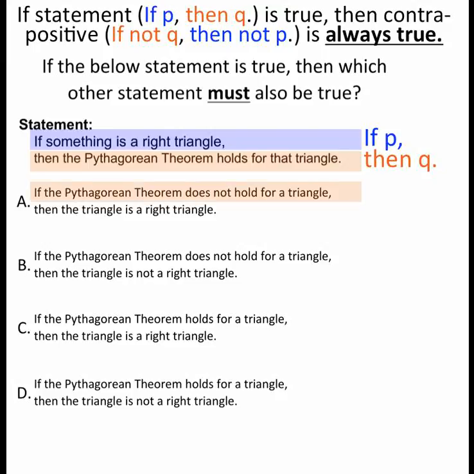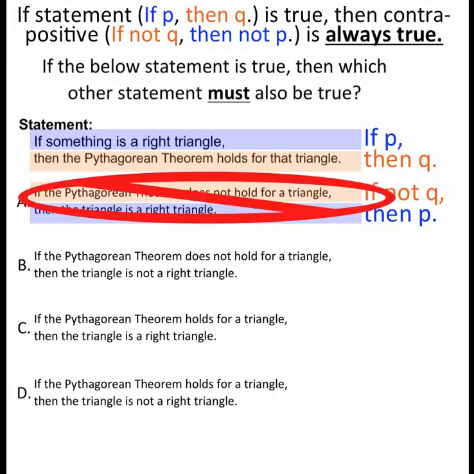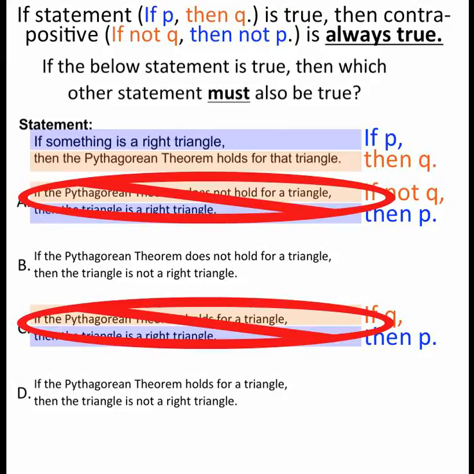If the Pythagorean theorem does not hold for a triangle, if not Q, then the triangle is a right triangle, then P. So there's not a not there, so it's not the contrapositive, so no. If the Pythagorean theorem holds true for a triangle, if Q, then the triangle is a right triangle, then P. So in this one we flipped them but didn't put the nots on it, so that's not the contrapositive, that's